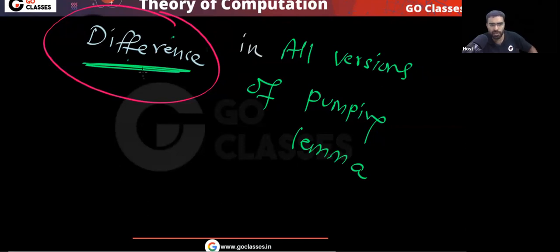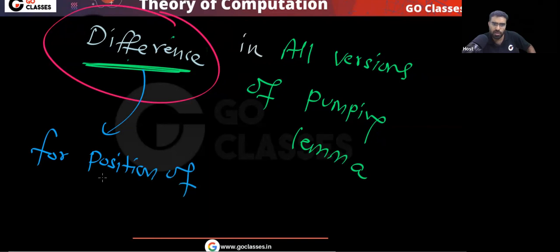Where is the position of y? This difference happens for the position of the pumping part y. Where will this y be? So you can see in definition 1, or I can say version 1, which is by default. In version 1, we say that for any candidate string, for any w,